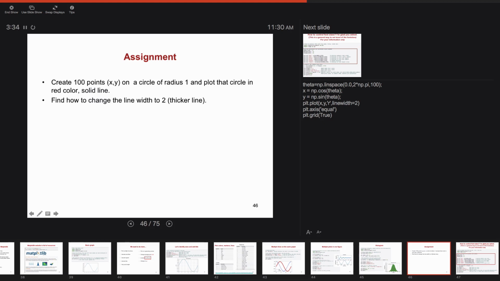Okay, so let's now just do a quick assignment to review. I'd like you to create 100 points, X and Y, that are on a circle of radius 1. This will go back to wherever you learned geometry and how to create points on a circle. If you can remember parametrization of a circle, that'd be great. So you can create these points. And I want you to plot that circle in red color and solid line,